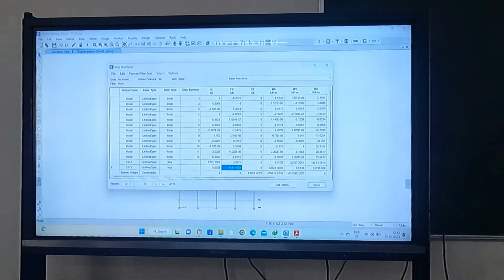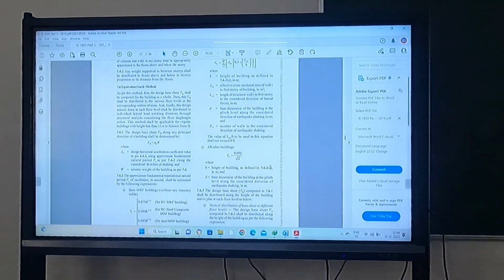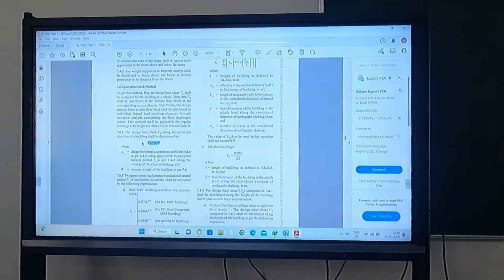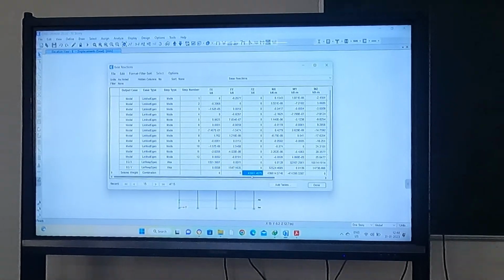If you have the code, open that. This is the formula for calculating base shear, right? V_B is equal to Ah into W. This you have already studied, I think, in the previous semester also, how to calculate the base shear. So consider this building, and the seismic weight I will give you. This is the seismic weight you see here: 43661 something kilonewton. So consider this one, calculate the base shear and tell me. You have 5 minutes.